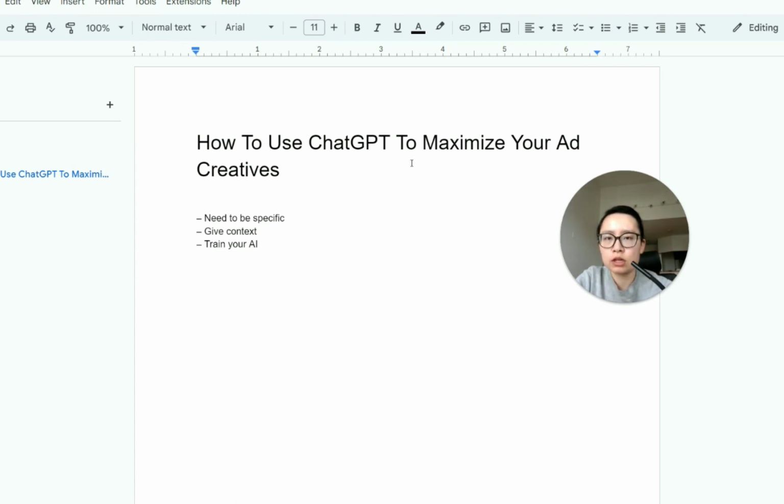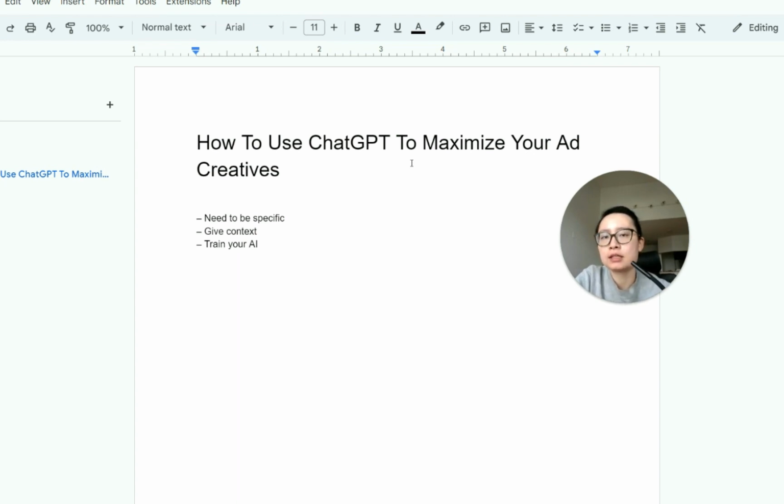So the first thing is you need to be very specific. A great way to think about how to interact and communicate with AI is to think about you bringing on a new employee, or assigning a task to a person who doesn't know anything about your company, your business, the projects, or the task whatsoever, and how you would educate and teach this person what to do.